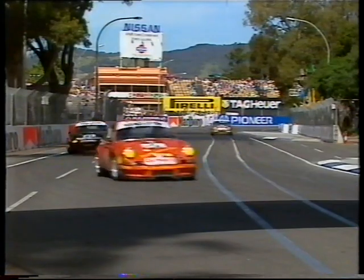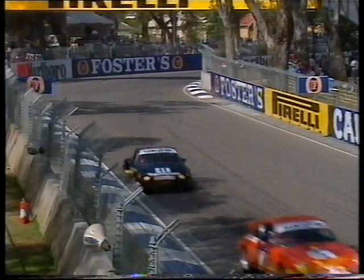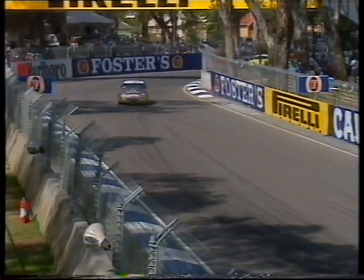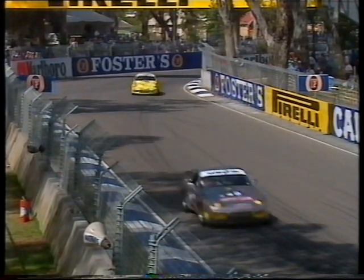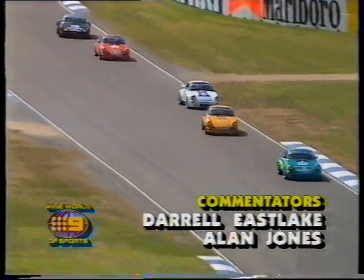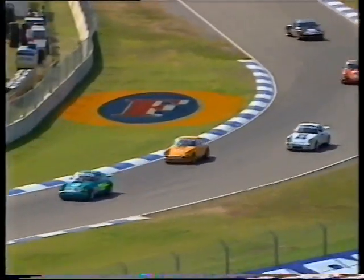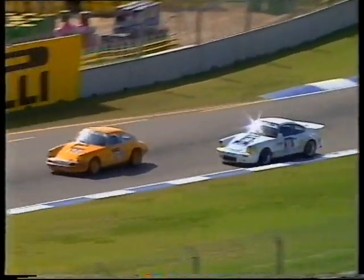Now, Alan Jones, you can go back with a Porsche car to 1982 when you drove for Alan Hamilton, Porsche Australia, in a 935, and you're unbeatable in that car. You won the series. Yeah, it was a great car, 935. It had a heap of horsepower. We had about 750 horsepower, and it was a really big car to drive, but it was great